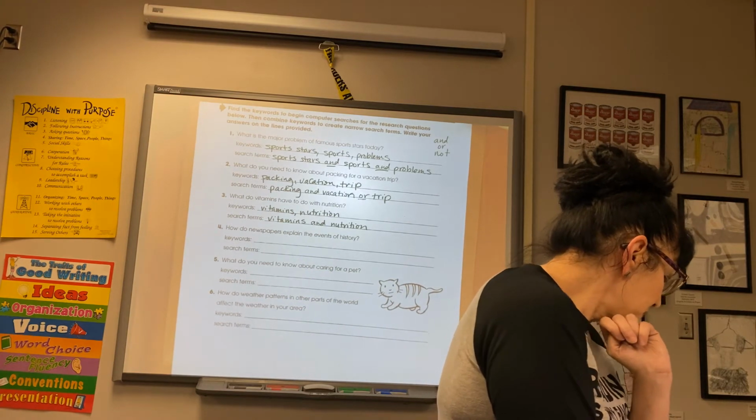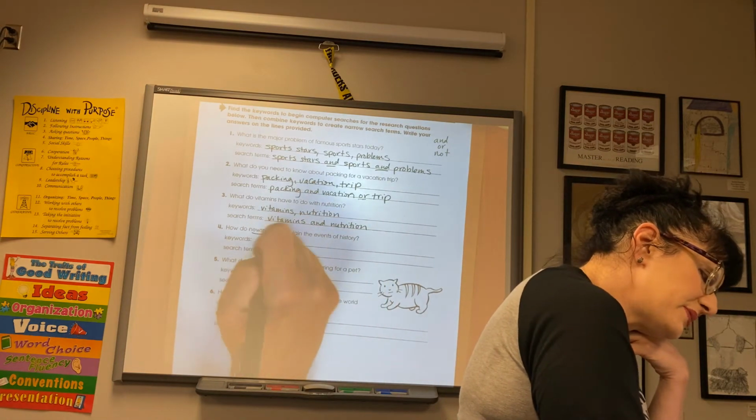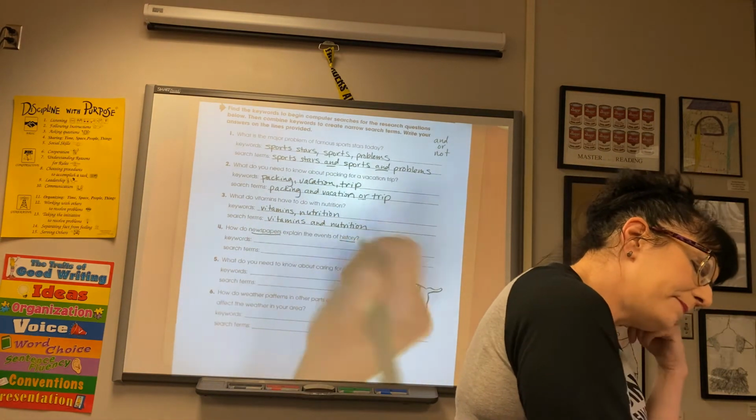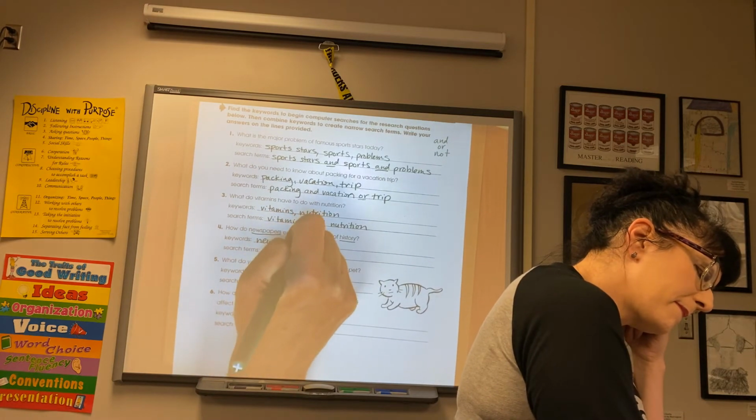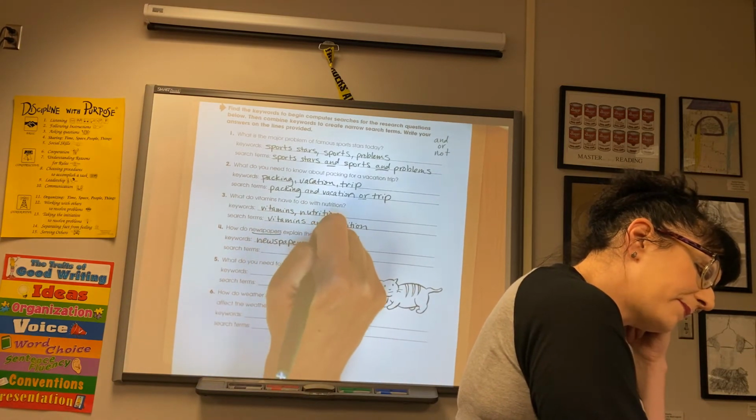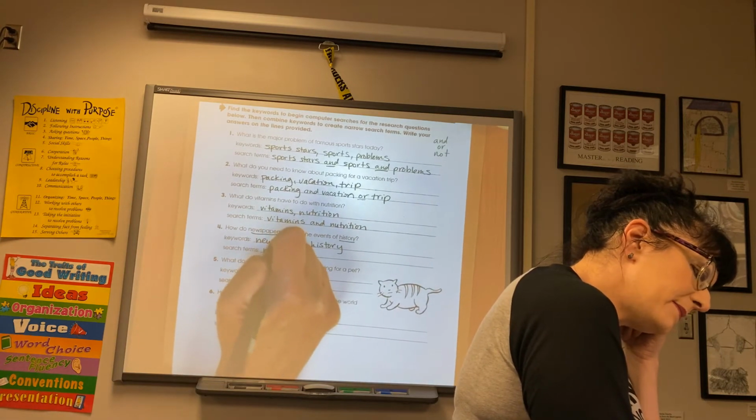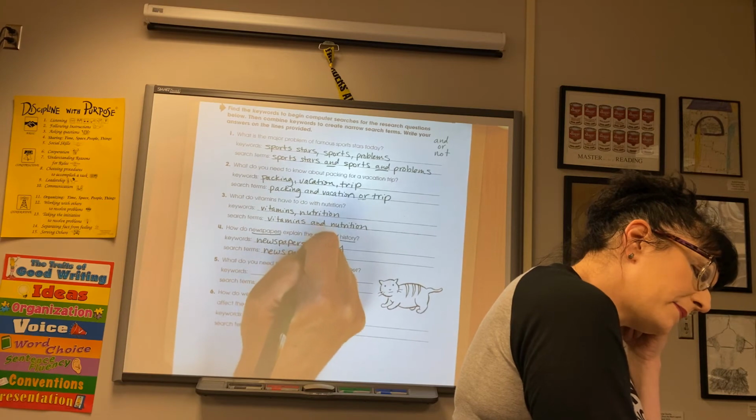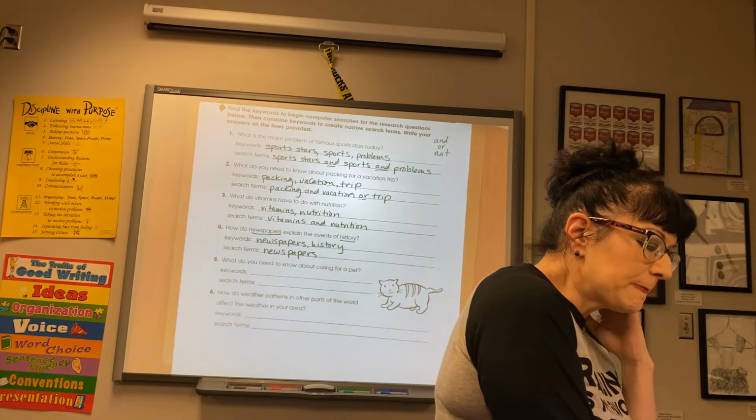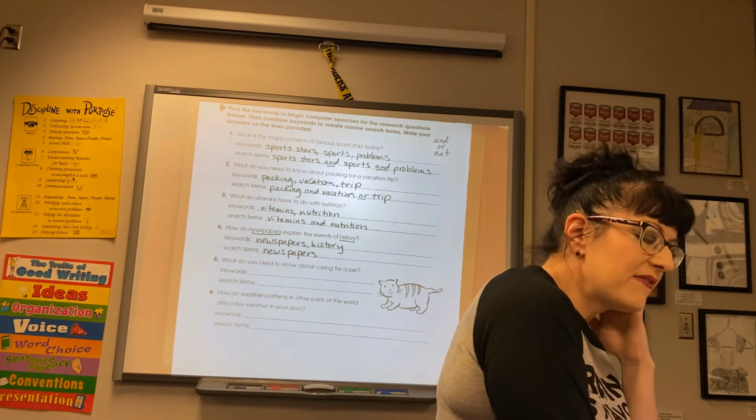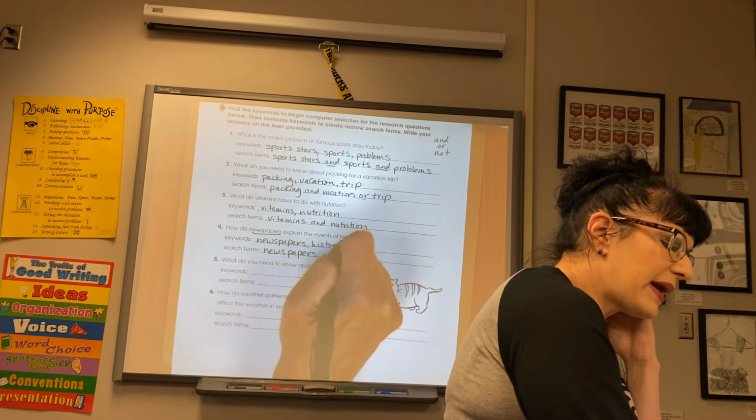How do newspapers explain the events of history? So of course, newspapers, comma, history. So our search term is newspapers. And what would be our linking word that we would use? How do newspapers explain the events of history? If you said "and," you are correct,